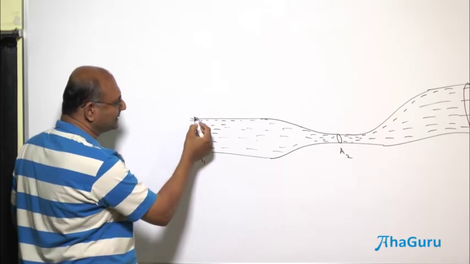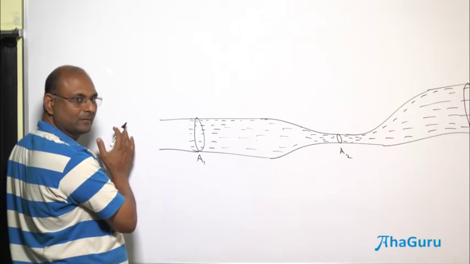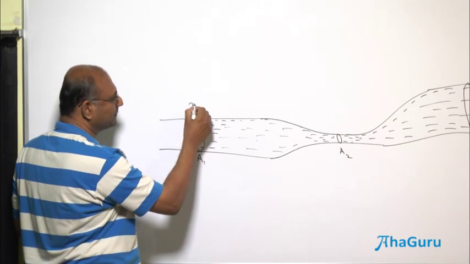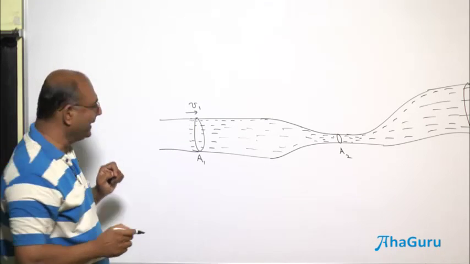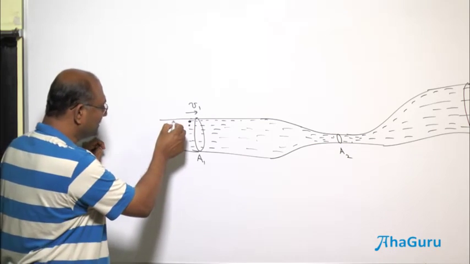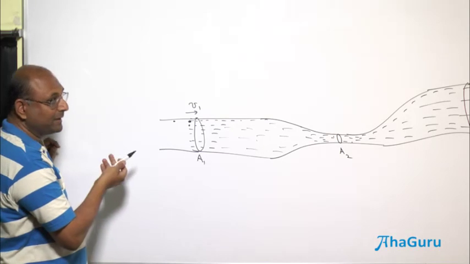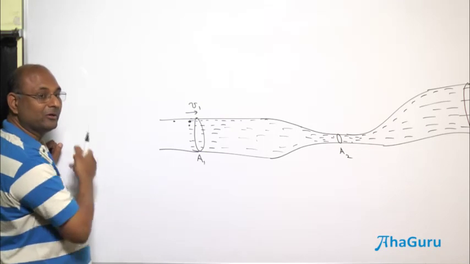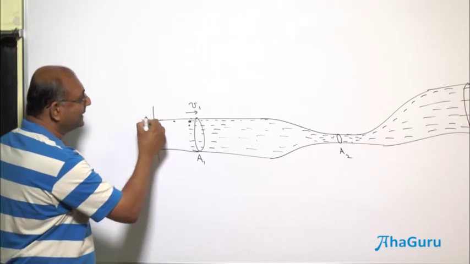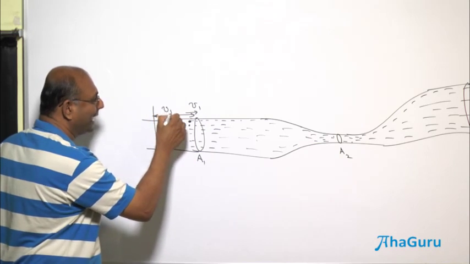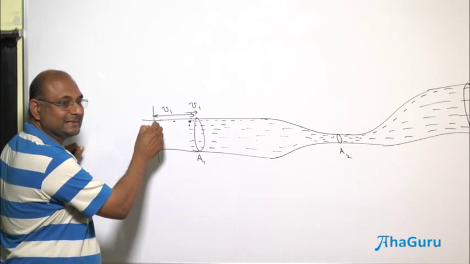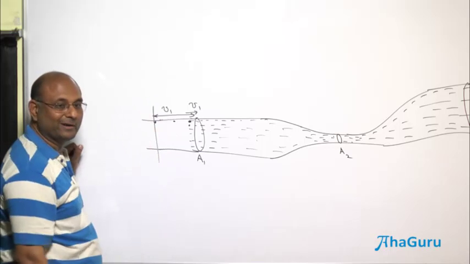Now, if I look at how much comes in, where is it coming in from? From this side. In 1 second, let us say the liquid here has velocity v1. Okay, in 1 second, will these molecules enter? Maybe. Will these molecules enter? Maybe. Will these molecules enter? Maybe, maybe not. How do you know till when the molecules will enter? Everything that was up to a distance of v1 will enter within 1 second, because the molecule here takes exactly 1 second to reach there. Why? Because its speed is v1.